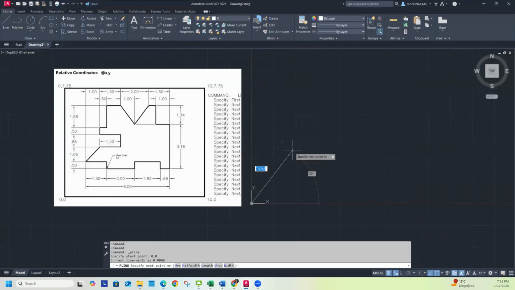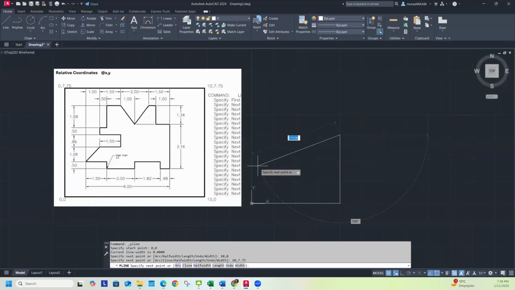I'm going to start at 0, 0, and I'm just going to create the box using the same thing I did before. So I'll do number sign, 10, comma 0. Oops, I'm going to escape that because I think I put 1. But the reason I want to use the same method is because I know all the coordinate spots relative to this 0, 0. So that makes it easy. So 0, comma 0, number sign 10, comma 0, number sign 10, comma 7.75, number sign 0, comma